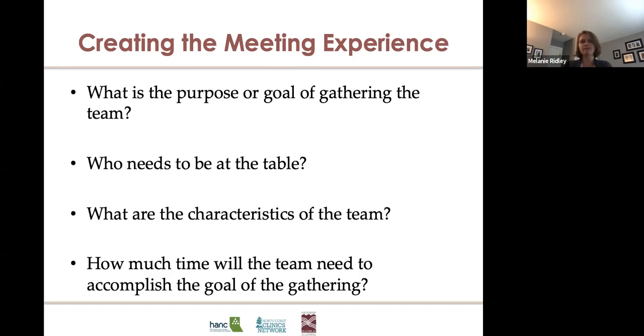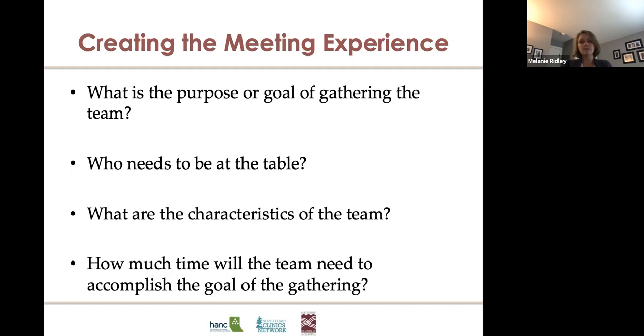So you might have a meeting to hear and learn about the recent PDSA and how it went. You may need most of the team, but maybe not all the team. Maybe the executive sponsor isn't necessarily needed for that part of the team activity. Your team, in thinking about their characteristics, may be very extroverted and really want to get together in person. So having that dedicated in-person time is important for that team. But it may only need to be about 15 minutes. Not every meeting has to be an hour. So what time do we need to really quickly learn about that PDSA and keep everyone on the same page?